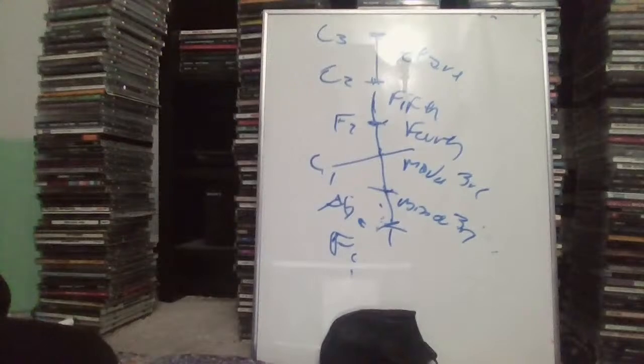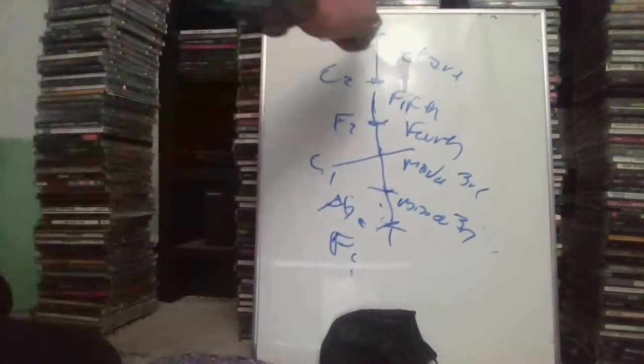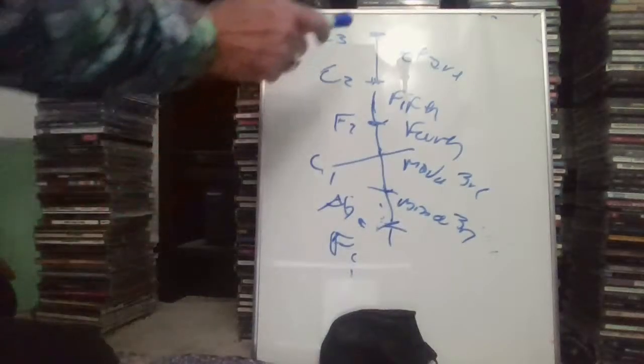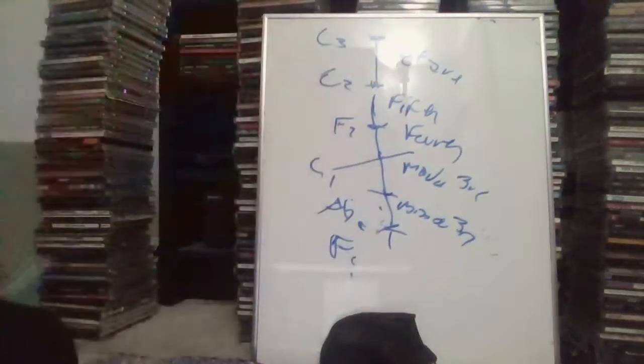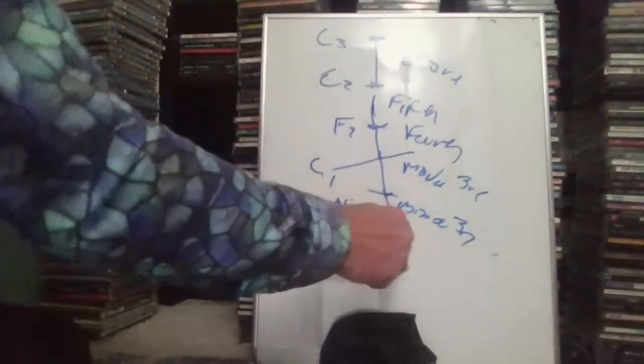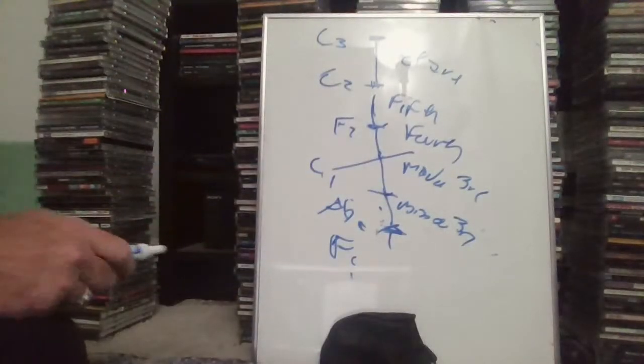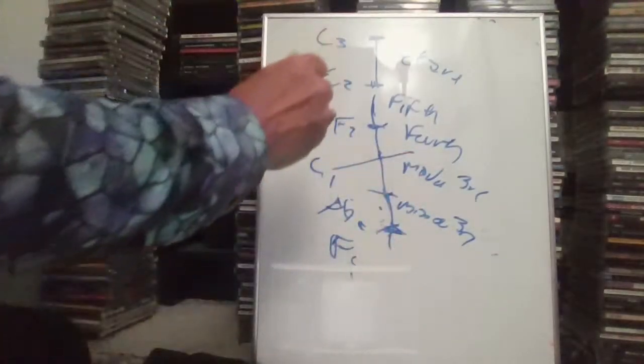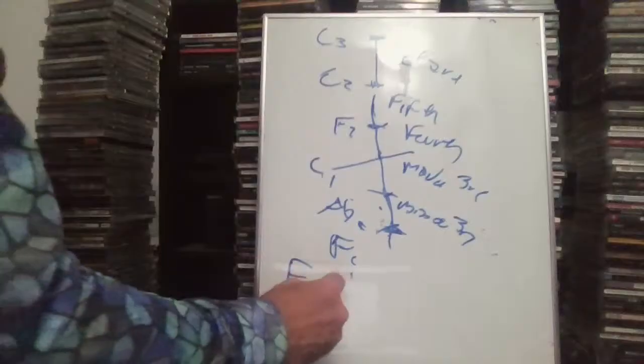Now, what's interesting about it is if I took it from here down, it would be like an inversion of a major triad. But because we don't take chords from the top down, we take them from the bottom up, we're going to take it from down here. And what we just said, that's an F. So the next note up would be an A flat. So now, going upward, I have an F going up to an A flat.